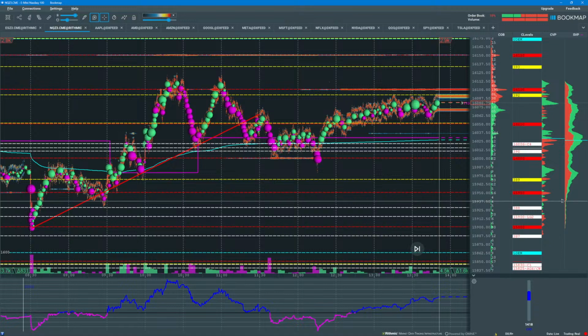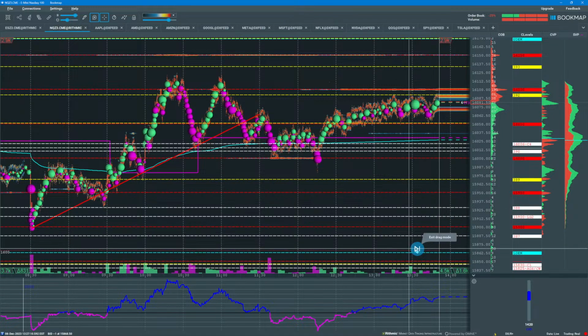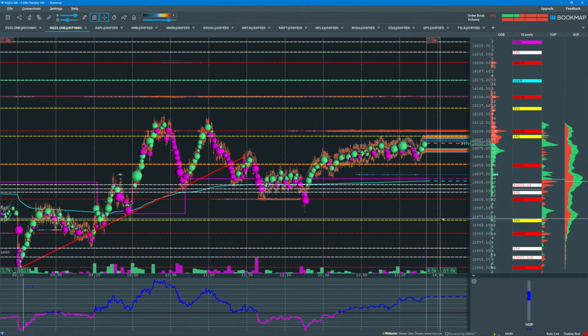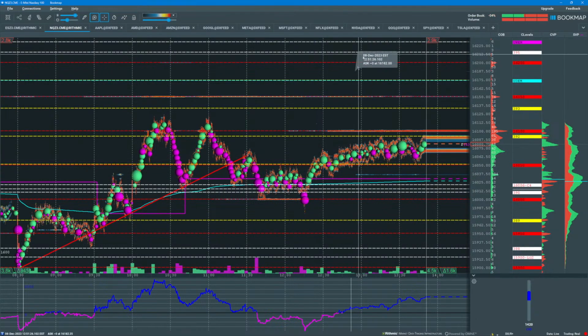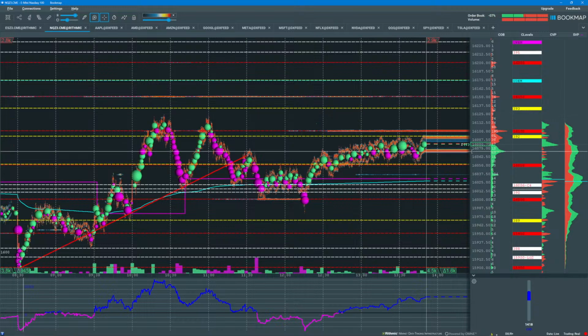All right, so those are the levels in play today for the NASDAQ NQ futures. Not sure why prices shifted down like that on the chart. There's so much empty space above. All right, so that's NASDAQ levels in play. I'll talk about setups in a few minutes.